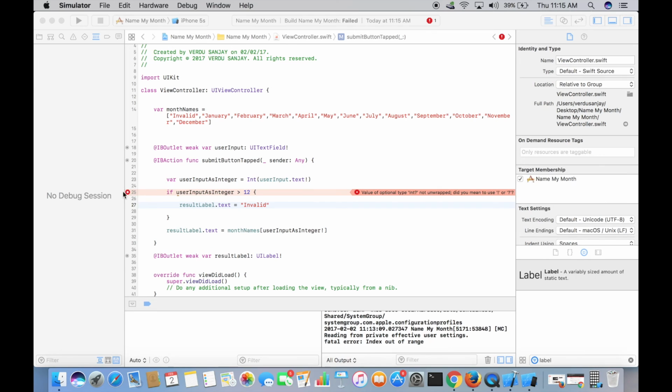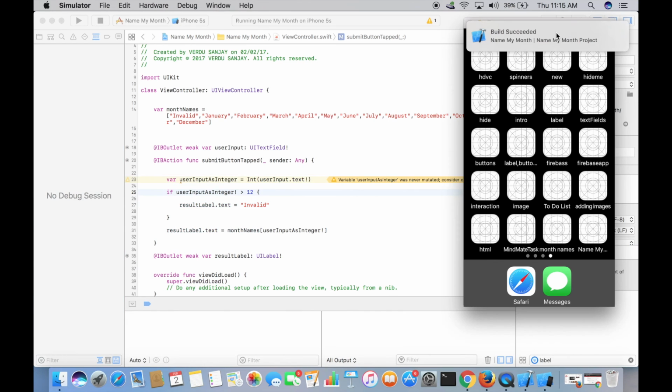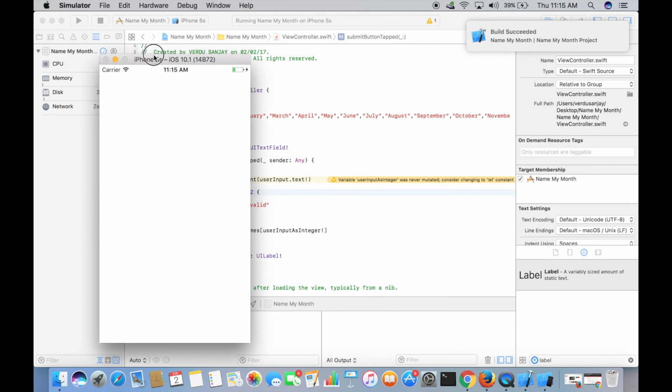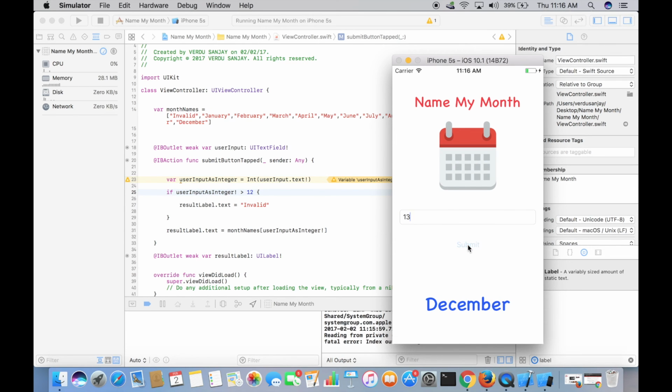And I think we need to force unwrap this, dot text. So let me run the app on iPhone 5s. Build succeeded. Great. Now let's see if that worked. 0, invalid. Great. 1, January, 12, December, and for 13,